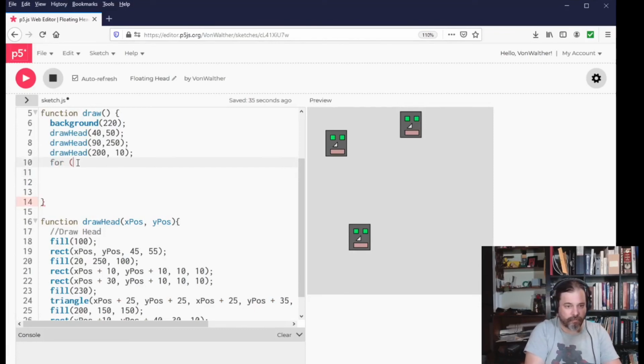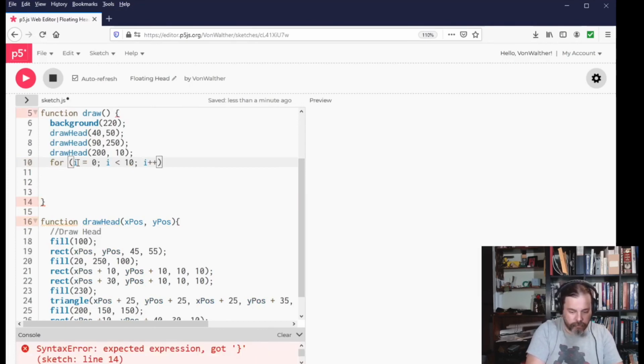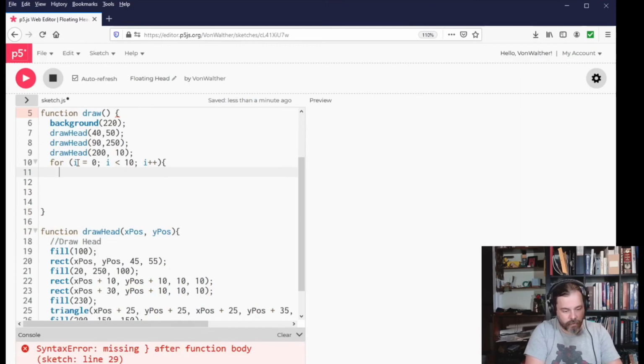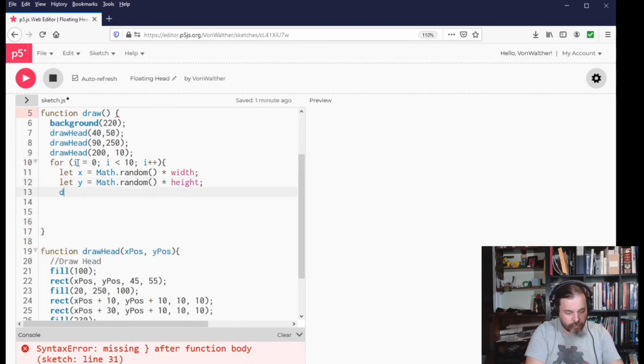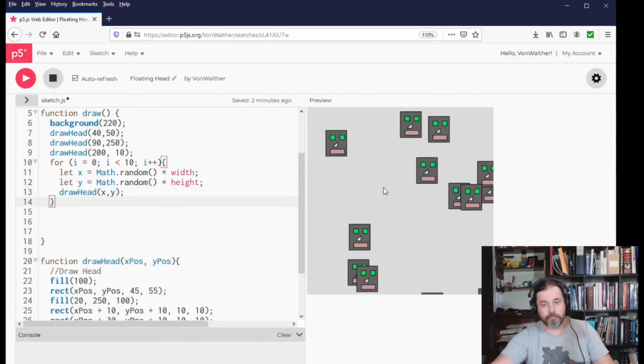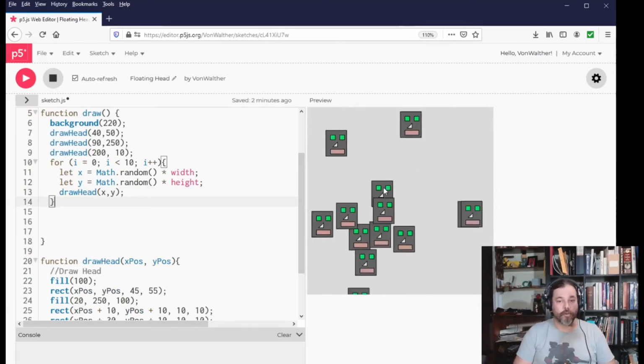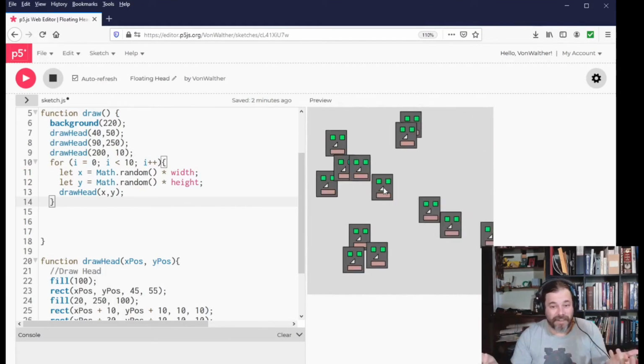So let's just make a loop: for i equals 0, i less than 10, i plus plus, let x equal random, and then we need to make that a little bit bigger, so times, and y. And because it's in the draw loop, every time we go through the draw loop, we get 10 random heads